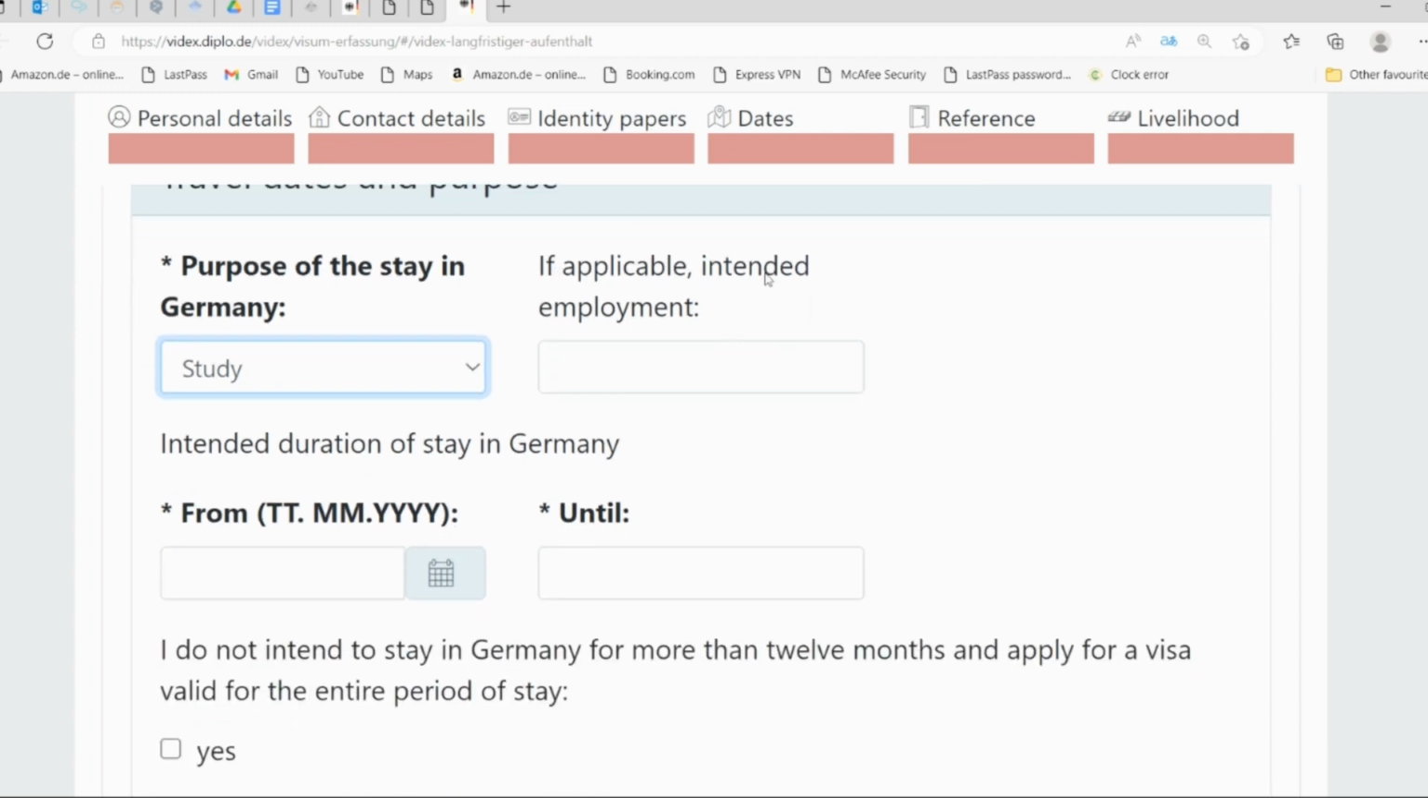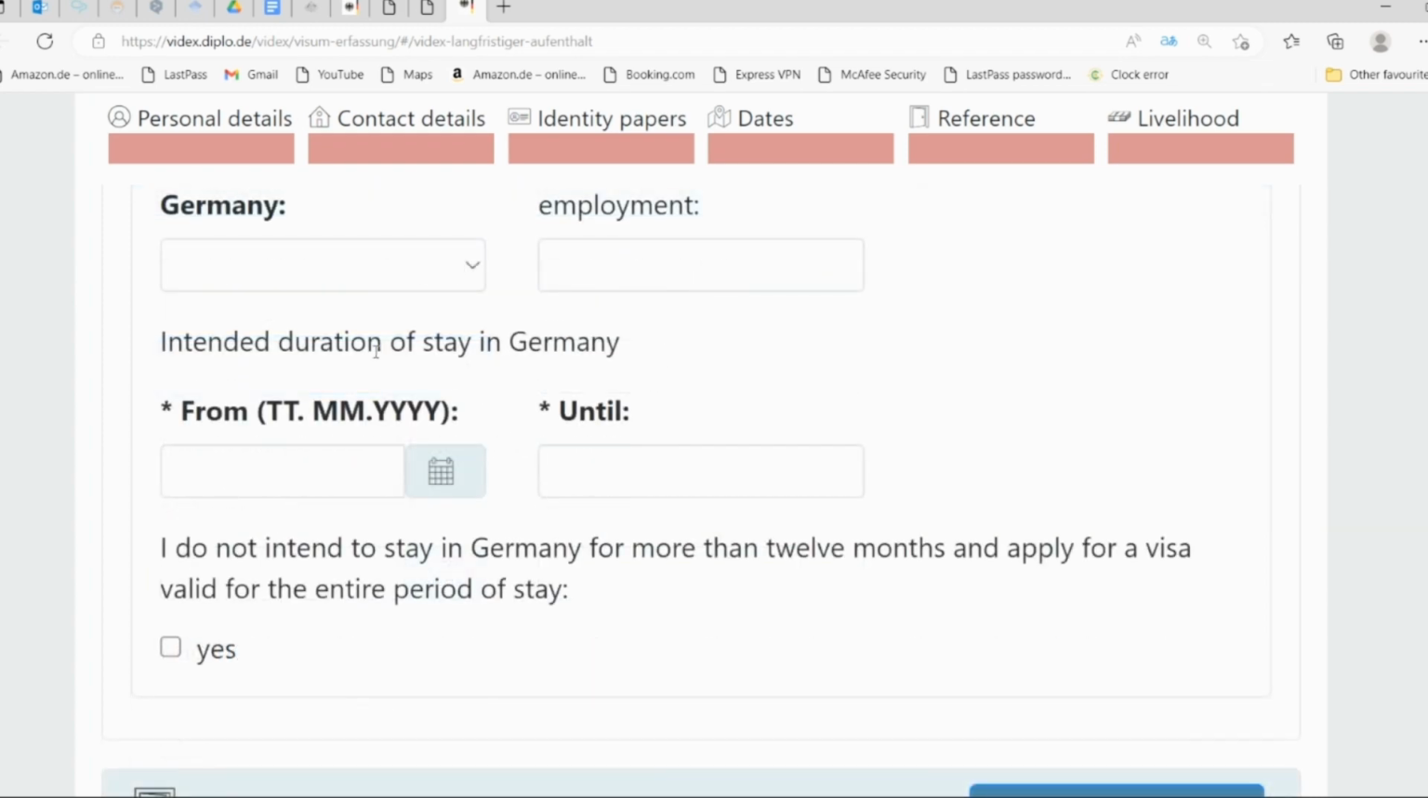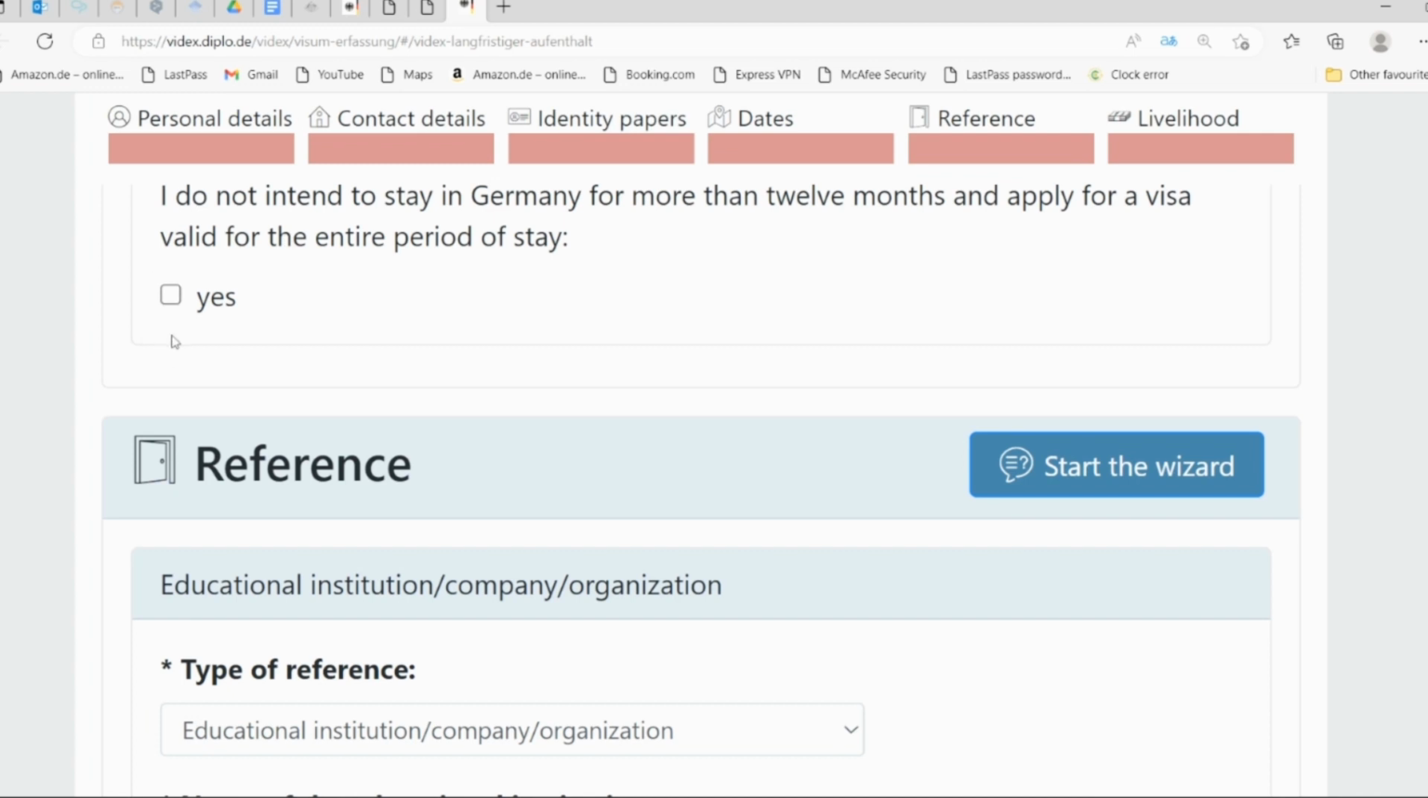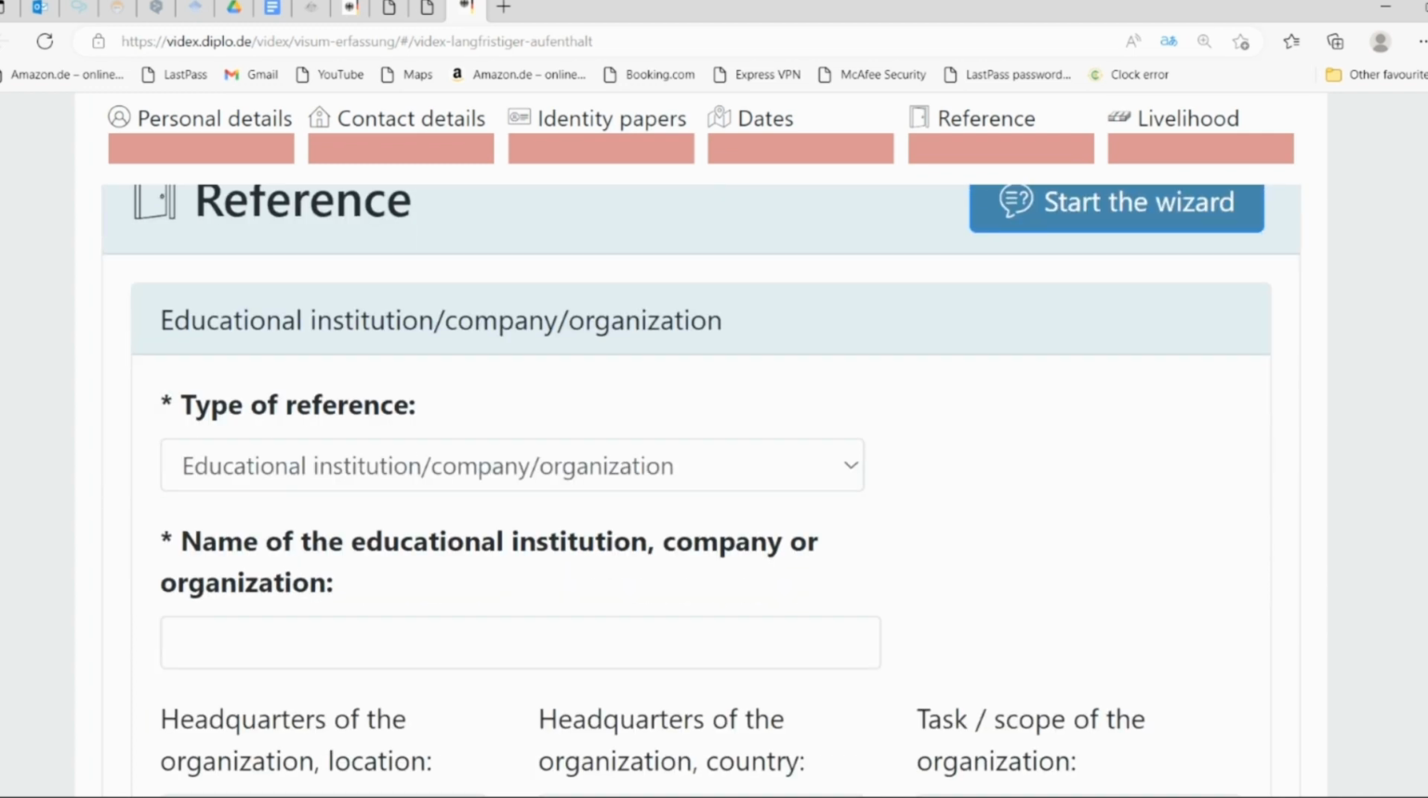So if applicable, this one is not applicable to us now. So here, intended duration of stay in Germany. Your program will state it clearly when it is starting and when it is ending. So from and then until, they are all there. You fill it. So this one, you can ignore it, and then we move on. So reference,